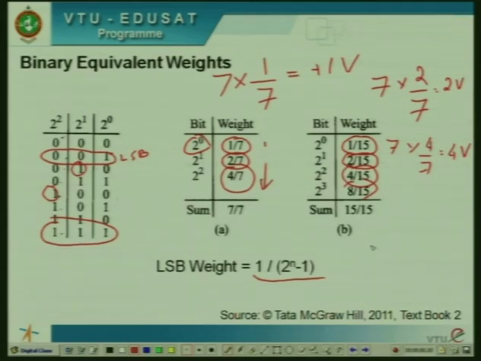that is if n is equal to 3, what is the equation going to be? 1 upon 2 raised to 3 minus 1, which is nothing but 1 upon 7. That is what this table was telling us. Similarly, if the number of bits is 4, then the expression will change to 1 upon 2 raised to 4 minus 1, which is 1 upon 15. So for any n bit system, the LSB weight is given by 1 upon 2 raised to n minus 1. So by this way, we can convert digital value to an analog value if we evolve a system based